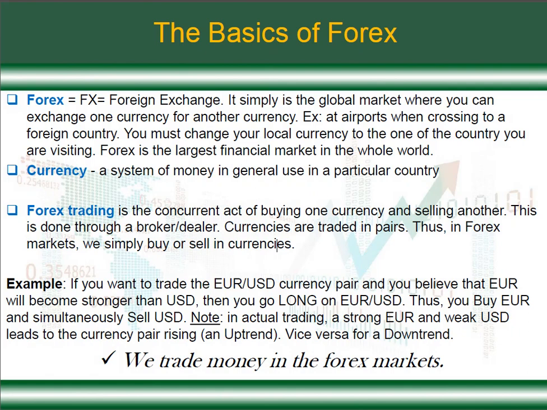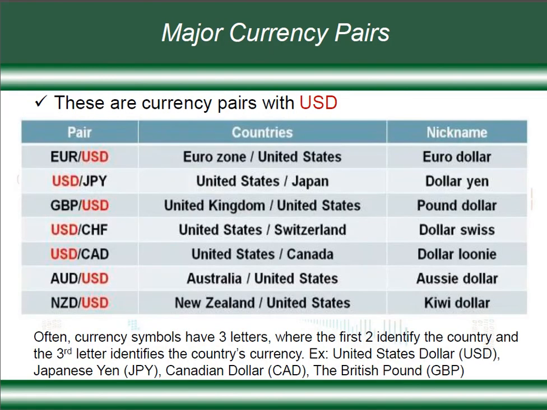So we carry on. In Forex, we trade money. If someone asks you, what are you doing in trading Forex? You trade money. You use your money to buy a currency, and use your money to sell a currency. That's all there is. Now, these currencies we are talking about are systems of money used in a particular country. Let's look at these pairs that you'll be trading. Currencies are paired because we said you must buy one and sell the other simultaneously.